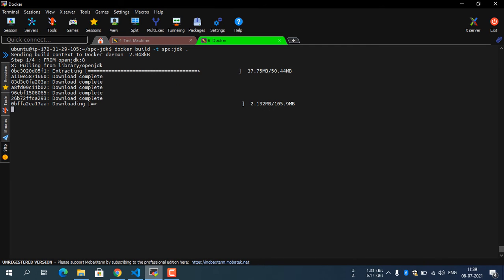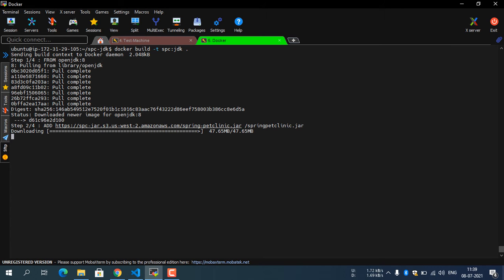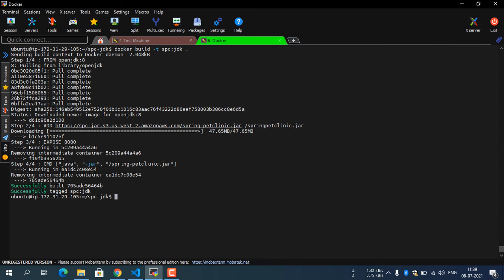I will show you the difference. I have created the same Docker image for the Spring Petclinic. Yeah, created. Docker image ls.